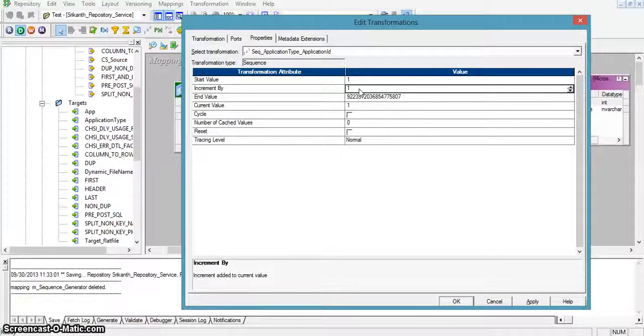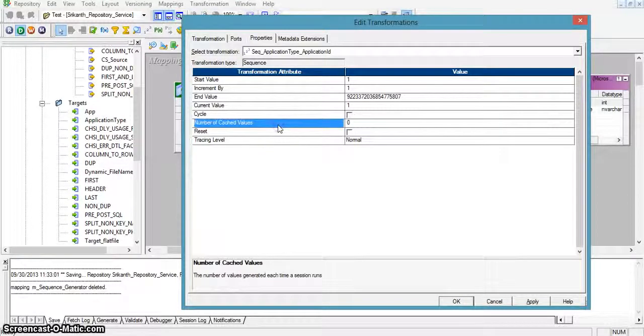And the current value is used for the current value port, and we have an option called cycle. If we check this, the integration service will repeat the sequence from start value to end value, meaning if we give the end value as 10 and the cycle option is enabled, then the sequence will always be repeated from 1 to 10. And the next one is the number of cached values.